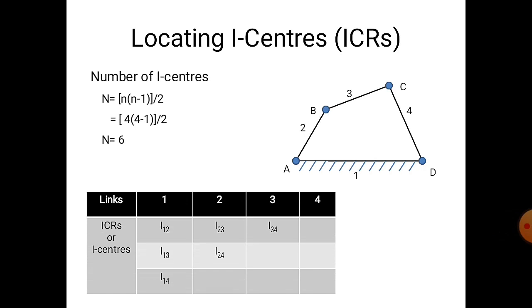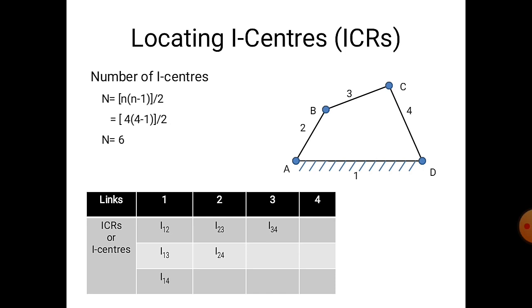Simply write I12 below the first link, then I13, I14. The procedure is similar for the second link. Below the link number 2 column, you should write I23, I24.